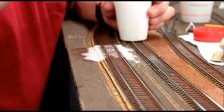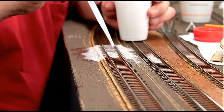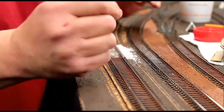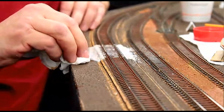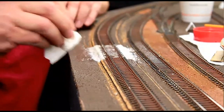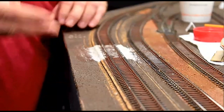And don't worry about getting too much glue and water mixture on the ballast, because it really doesn't make any difference. When it dries, it will dry clear. And then you just get a paper towel and just kind of mop up the excess. And then you let it sit